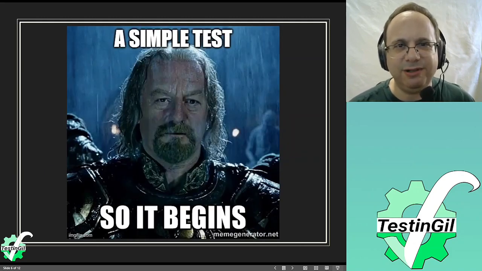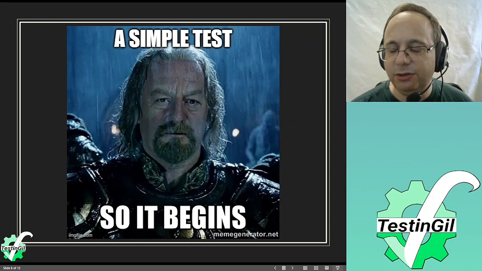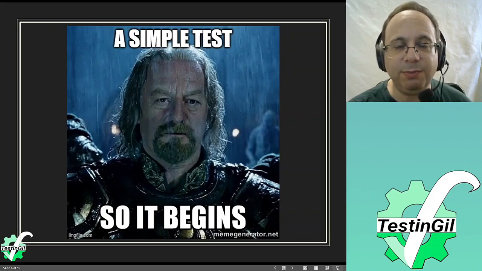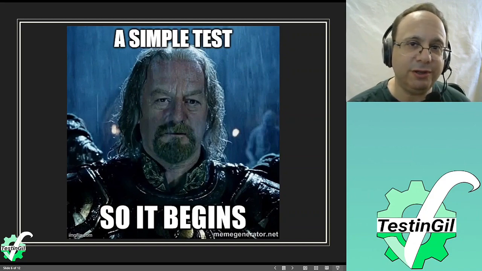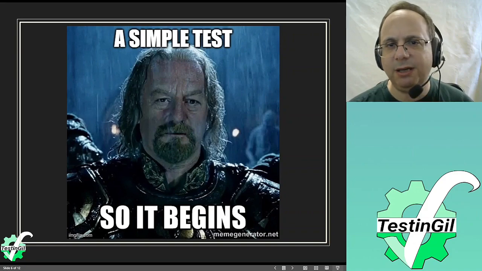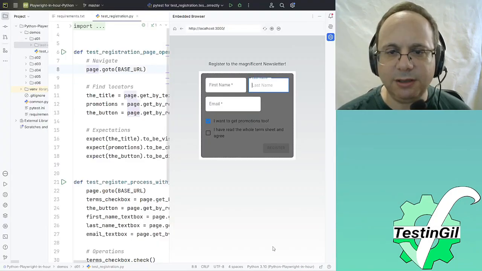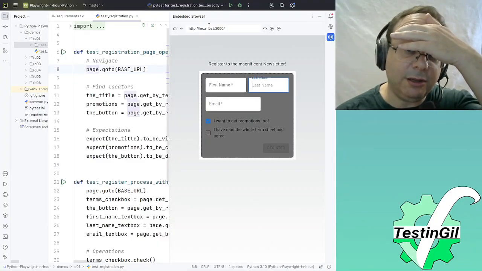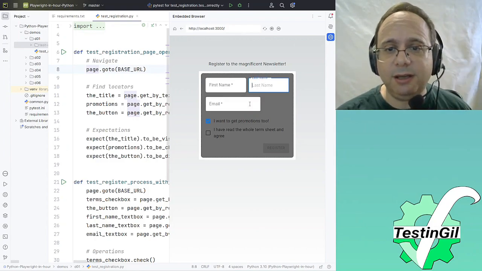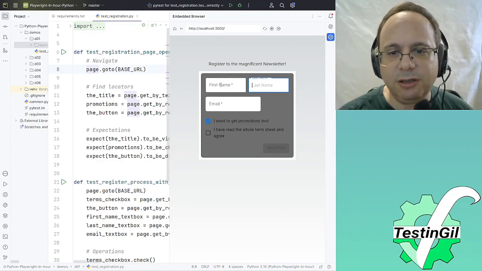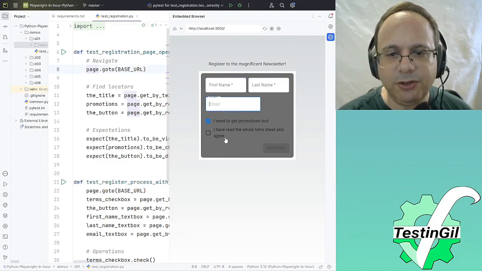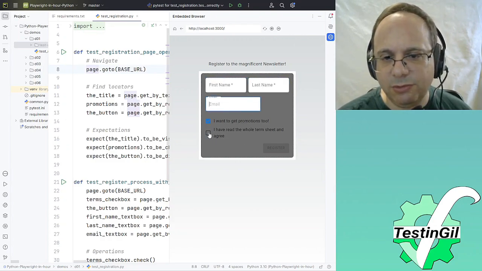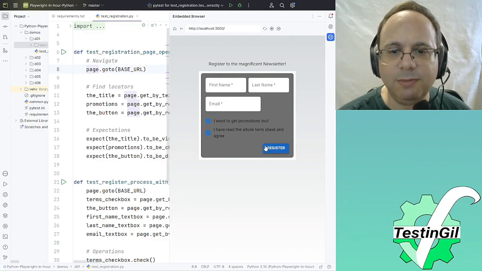So let's look at how this thing is working. I'm going to switch to my PyCharm, which also has a browser running there, and my application is running on a local machine. So this is running on my localhost. It's a small registration application, so you have 3 text boxes that you need to fill. I have a couple of check boxes. If you check this box, this is enabled.